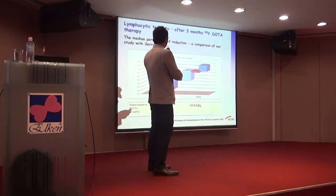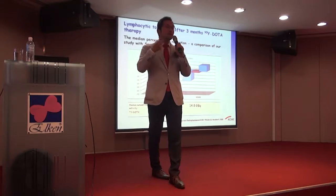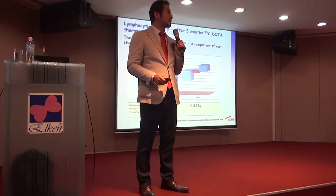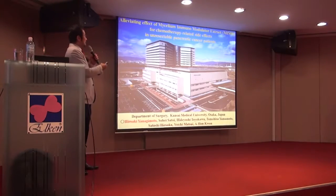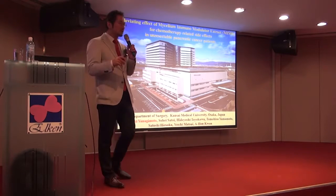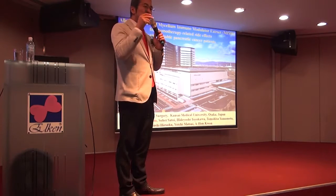They could maintain the number of T cells and NK cells. So even for such a radioisotope injection, the side effects are reduced. Right? Okay. This is another study reported by a Japanese doctor, done at Kansai Medical University, looking at the